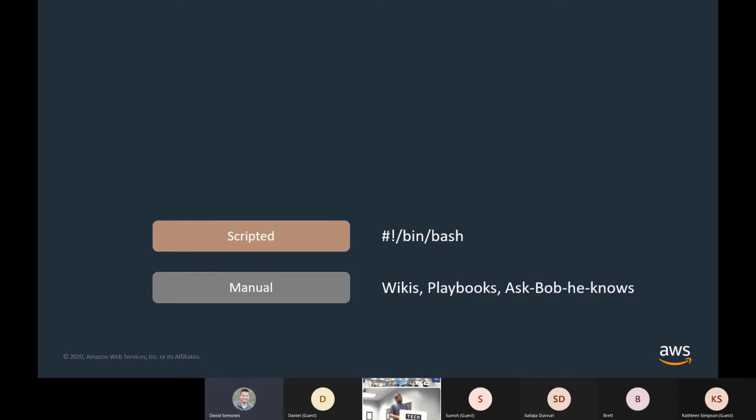Next slide. So people wrote bash scripts, right? Underneath the hood, what the console is doing is it's making an API call to an AWS service. And it's just kind of showing it to you graphically so you know what's going on. If the console is making an HTTP call, there's no reason why I can't do it from Bash or Python or JavaScript or whatever my language is. So people put together these huge bash scripts.